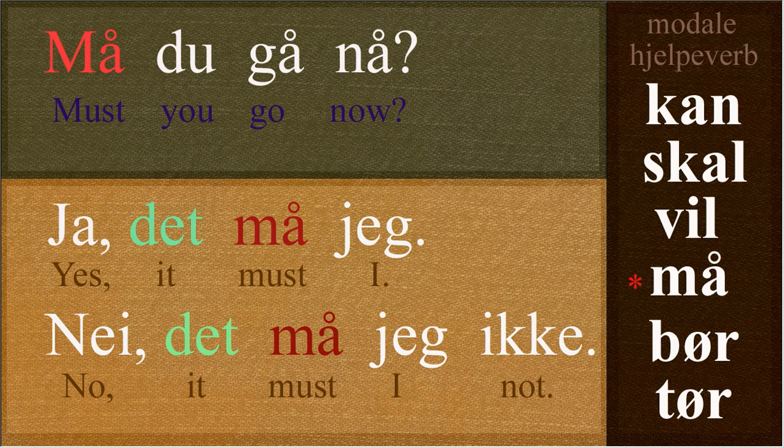And the same thing with må. Må du gå now? Ja, det må jag. Nej, det må jag inte. So it gets repeated and echoed back. The same thing, here's bör, which is should, and tör, which is dare. And I don't really hear that too much, but